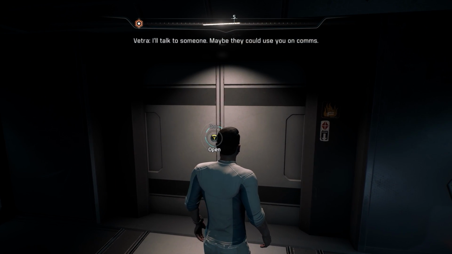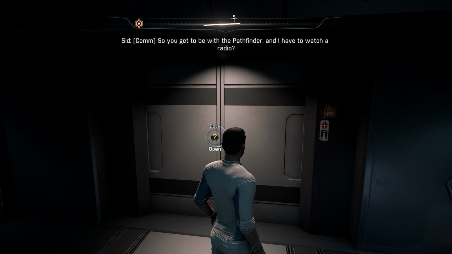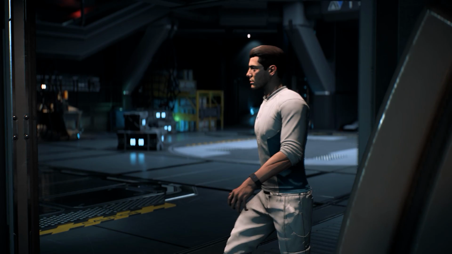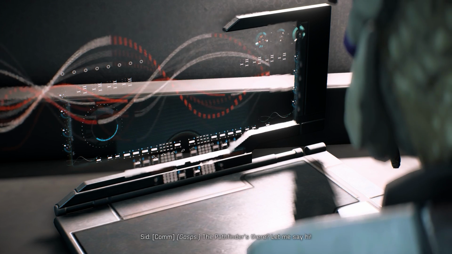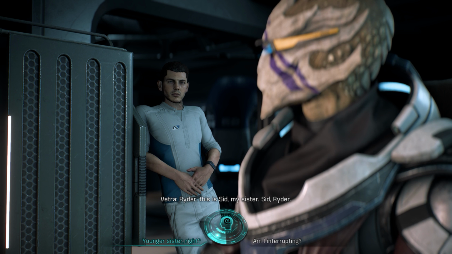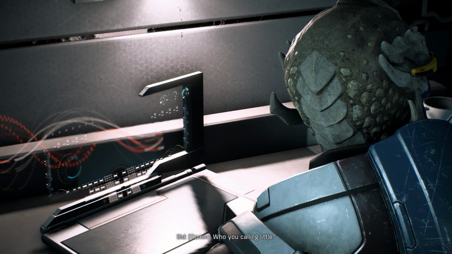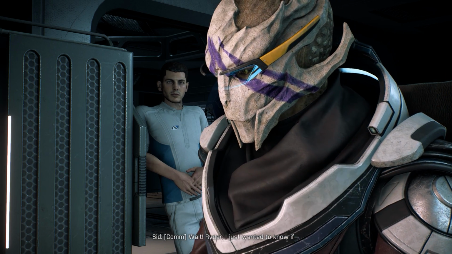I'll talk to someone. Maybe they could use you on comms. So you get to be with the Pathfinder and I have to watch your radio? The radio or help Kesh with cleanup. Oh, hey, Pathfinder. The Pathfinder's there? Let me say hi. Fine, but don't embarrass me. Ryder, this is Sid, my sister. Sid, Ryder. Let me guess. Little sister? Who are you calling little? Look, kiddo, gotta go. Wait, Ryder, I just wanted to know if...